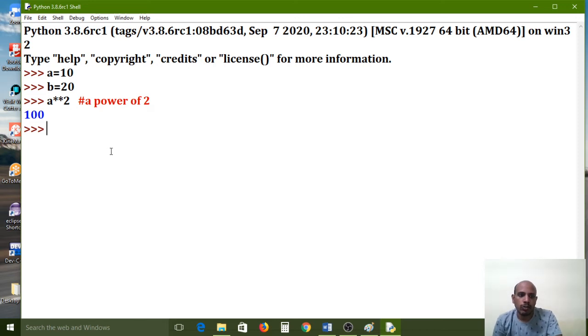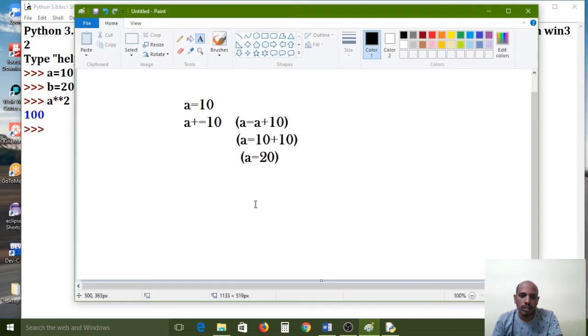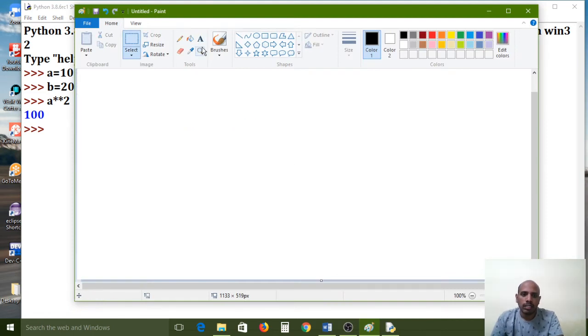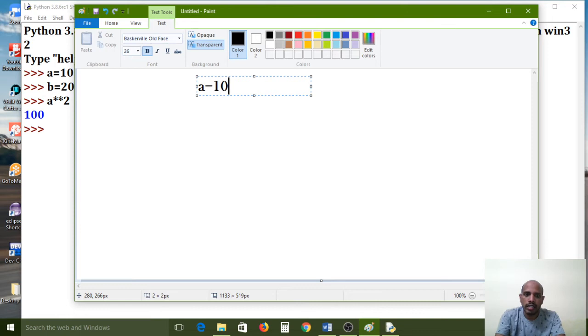So a power 2, 10 to the power 2, means 10 into 10. How much will the result be? 100, right? That is the meaning of power, and it is the base value. Here what is the a value? 10. All of you carefully observe. A is equal to 10. Now I am using the expression a power 2. This means a is replaced with 10. The a value is 10, and 2 can be used as the square symbol.